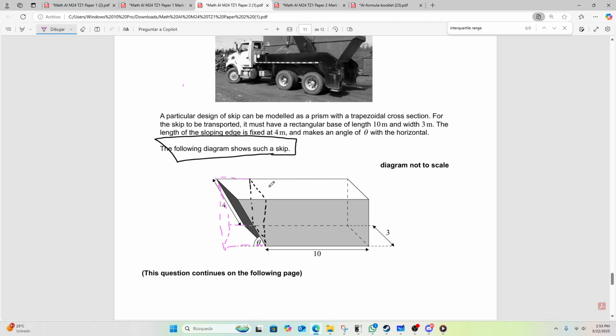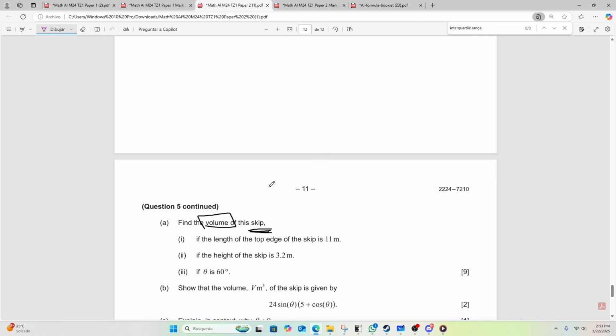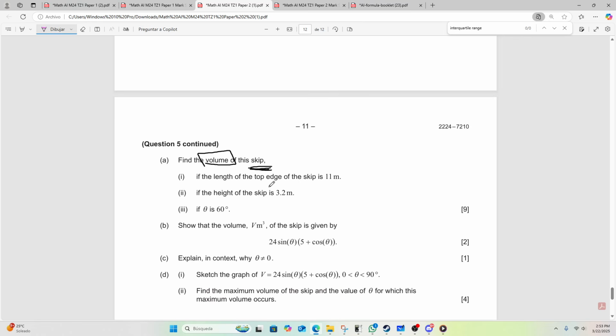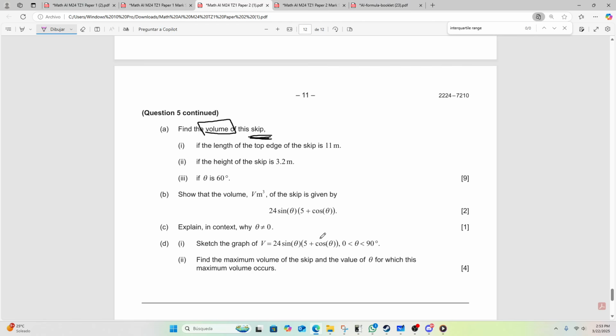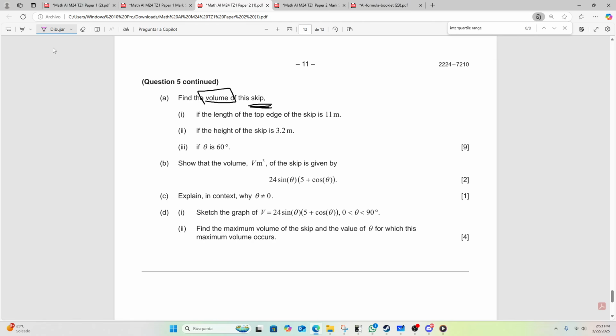Okay? So again, this is more of a volumes problem. You have to have an eye for geometry and stuff like that. You can train the eye. I have a couple of videos showing a lot of these exercises. Not too much the formal booklet can help you here, besides establishing that this is a cuboid in a way, or part of it is a cuboid, and then knowing that a cuboid can be something like this, etc. The tip I can give you here is that because it does show that, you can take this as true.